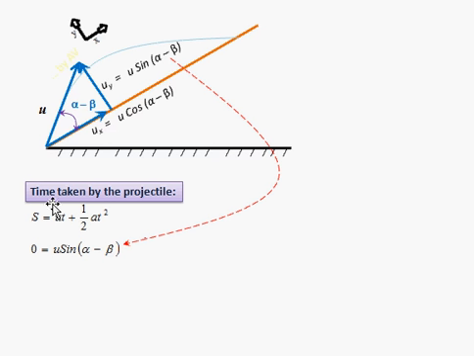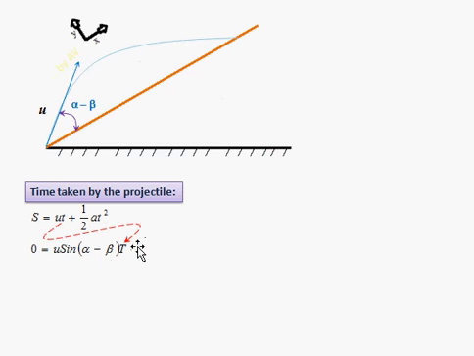As I have mentioned already, the particle movement is in vertical direction, hence I am taking the vertical component of this initial velocity into consideration. Next, the time t. I am substituting the capital T here. The capital T means the time taken by the projectile to travel from this position to this position. Plus half. The next point is we have to substitute the proper parameter of a. Here a means acceleration, but as the particle is moving in the vertical direction, we have to represent the acceleration due to gravity in the place of acceleration.